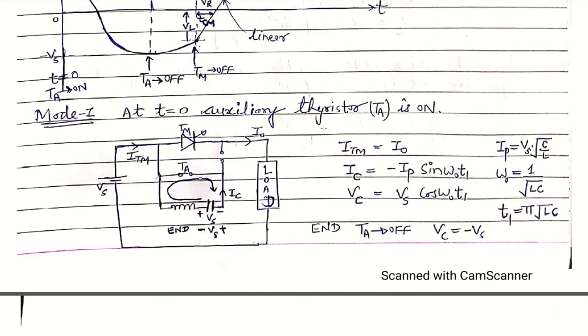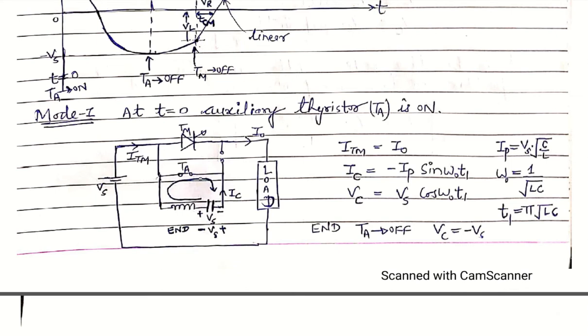In the first mode, as the auxiliary thyristor Ta is on, it is shown as a short circuit because it is in the on condition, and the capacitor is charged to the Vs supply voltage, which is the full DC bus voltage. It will charge up to plus minus Vs, and this negative polarity reverse biases the diode, so the diode is open circuited and there is no current in this branch. The main thyristor current ITM flows through the load and comes back to the supply, but the branch is already there through thyristor TA.